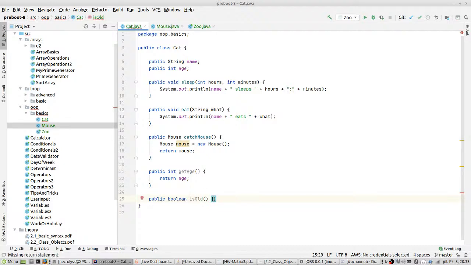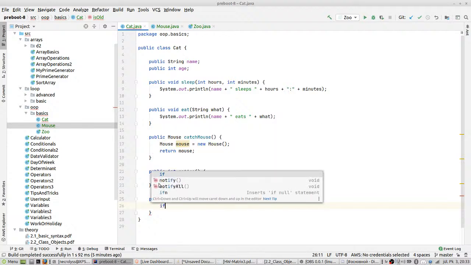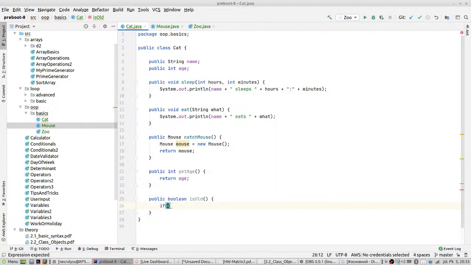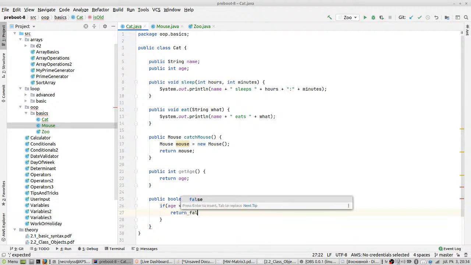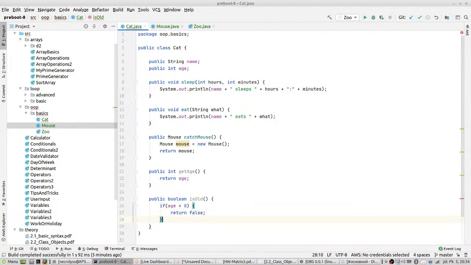No parameters. And here we should return some boolean value. For example, if the age of our cat is less than 8, let's return false. Let's assume that it's a young cat. But